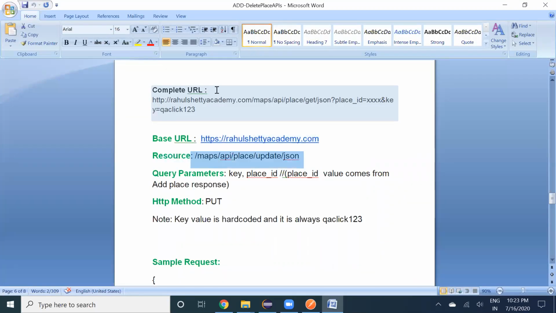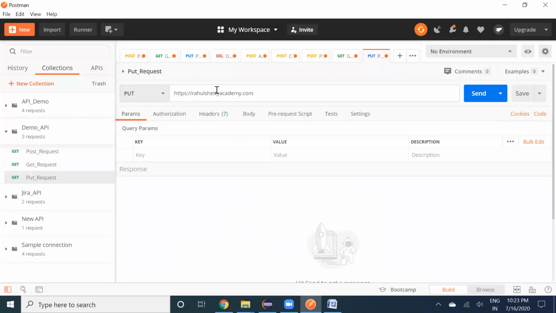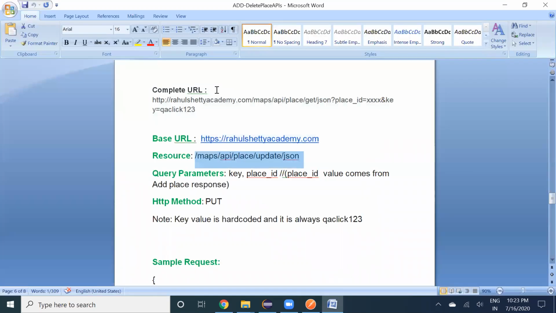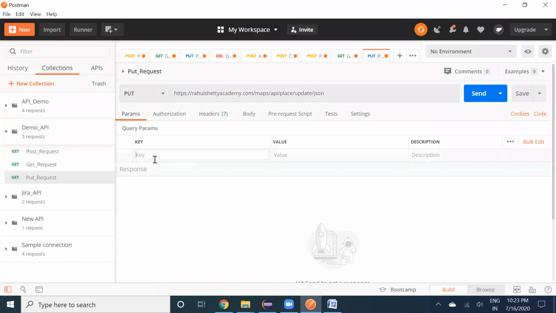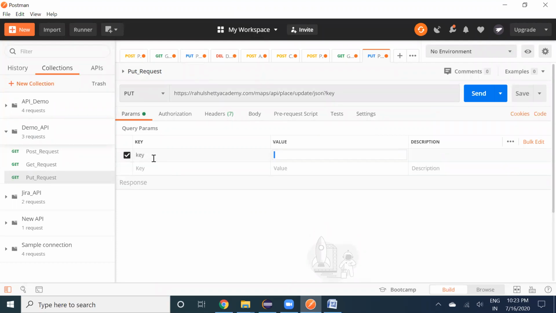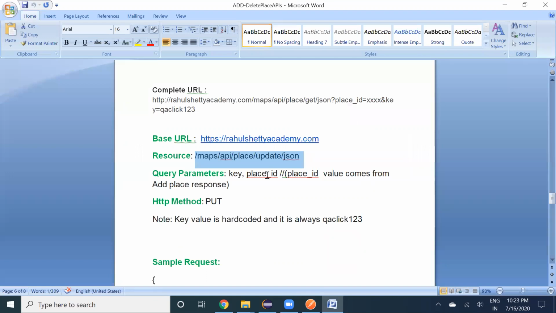Now you're adding the resource. Update means, suppose I want to change my mobile number or I want to change my address. That's why we go for update. So I'm giving the query param now, with the place ID I can update.